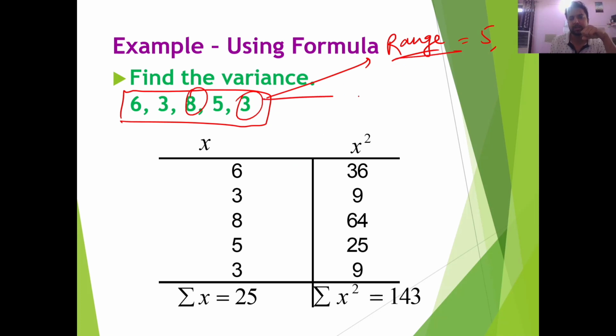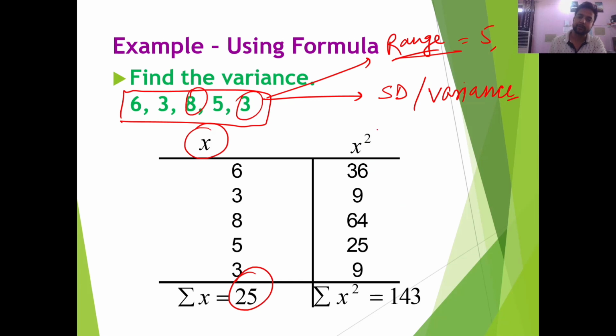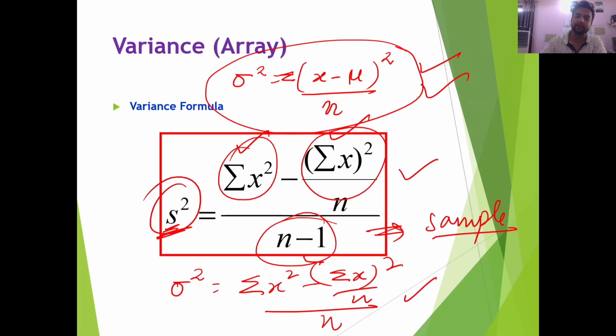So the first one was the range. Another one is variance and then standard deviation. So let us calculate the standard deviation and variance. Okay, so we first need to calculate the summation of x, and then we will calculate the summation of x square. So summation of x and summation of x square, these are the two things that we need to do. Okay, so the formula was written over here. Firstly, we'll have to take the summation of x square, then we have to subtract from it the square of the summation of x